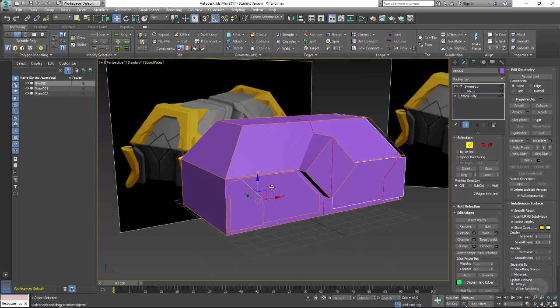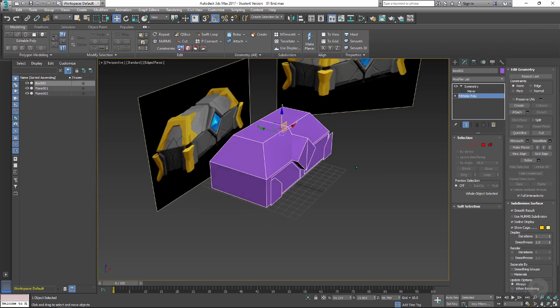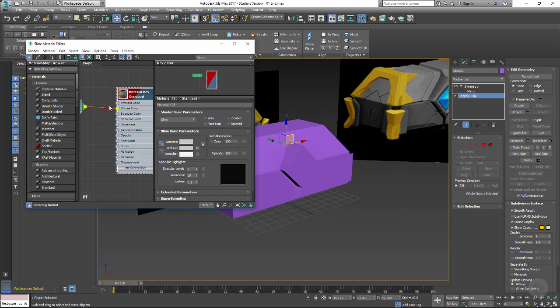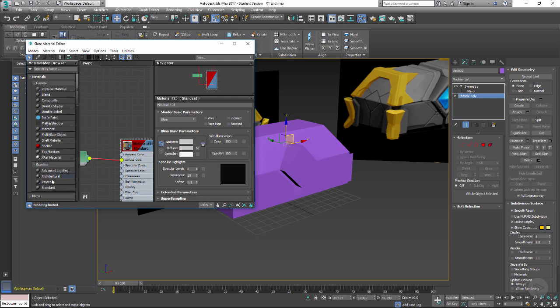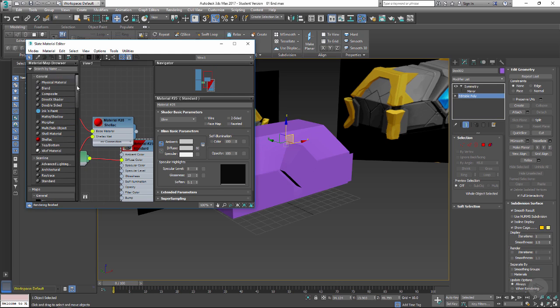Let's just pull that in a little bit more here as well, just to make sure that that's working out pretty decently. So that's all right. I do also want to just get rid of that material that exists and start using one that's a little bit more appropriate for this. Let's just grab not a shellac material. I want a standard,